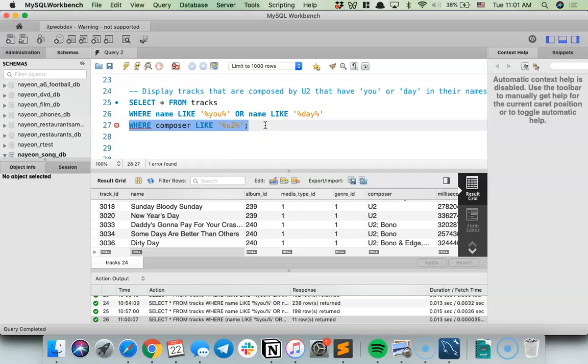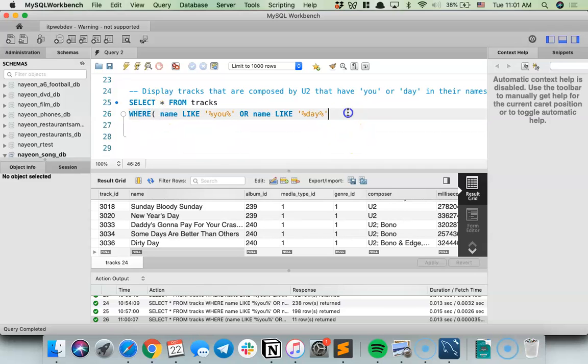I think you want to keep going with AND, although I feel like you could too. Yeah. Programming practice, go to a new line every time you write AND or OR. It's a lot cleaner to write. So you could do WHERE LIKE this, because this is one clause, and then AND composer LIKE. Yeah, it's cleaner.